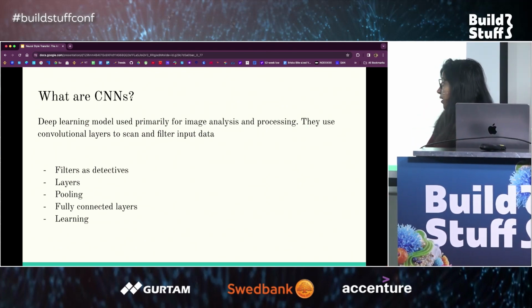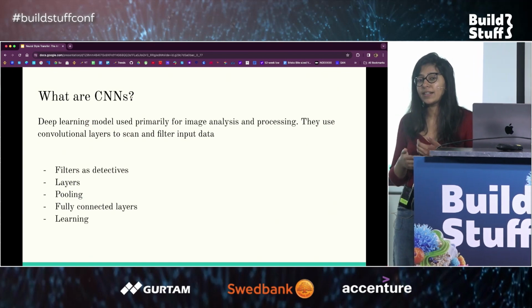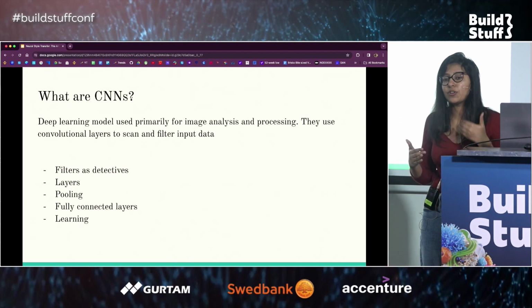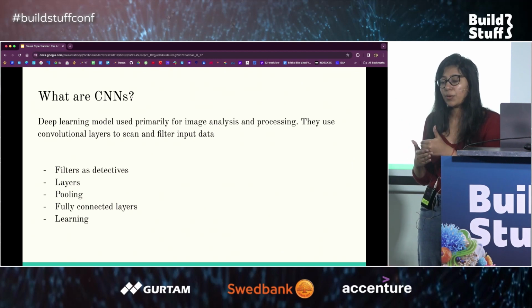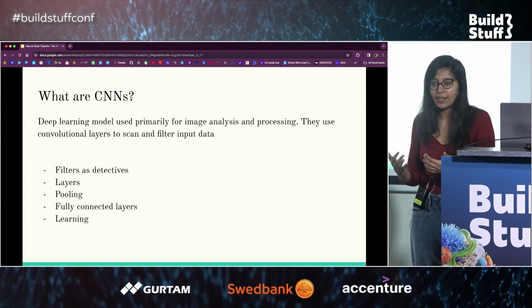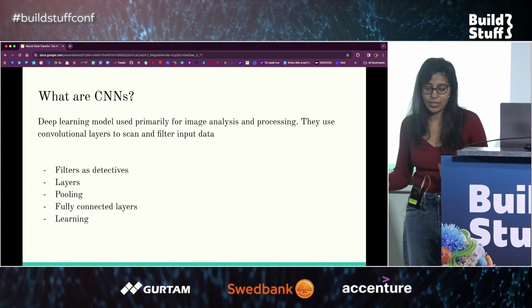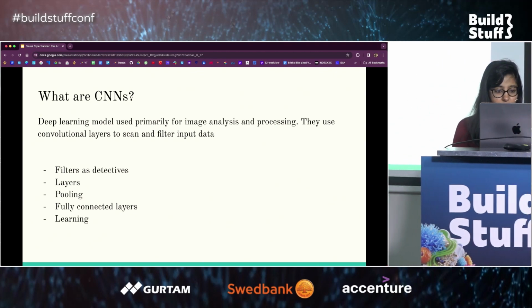Next, we have learning. Learning is a special concept about CNNs, the fact that these detectives or the whole architecture is learning from its mistakes. As we increase the amount of training data, or the number of images that the model gets to look at, it will start learning more, and it will start getting better at the job that it is doing. So that was